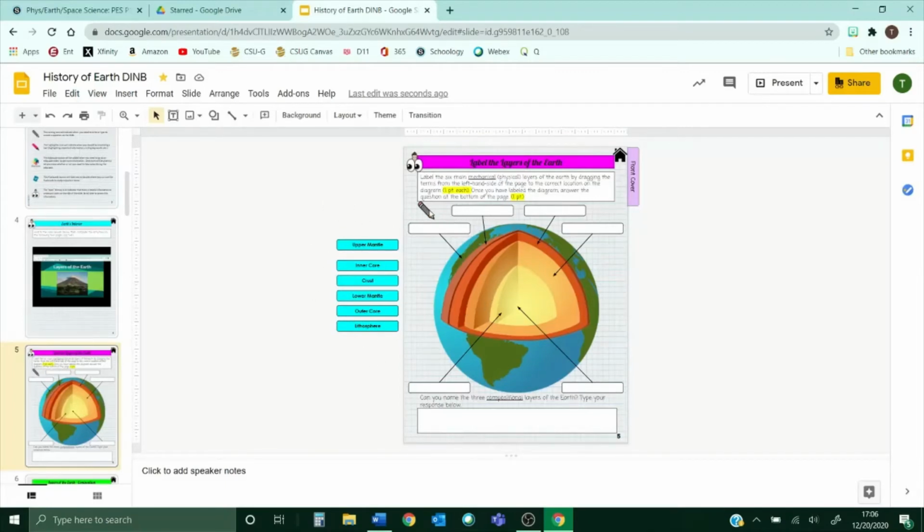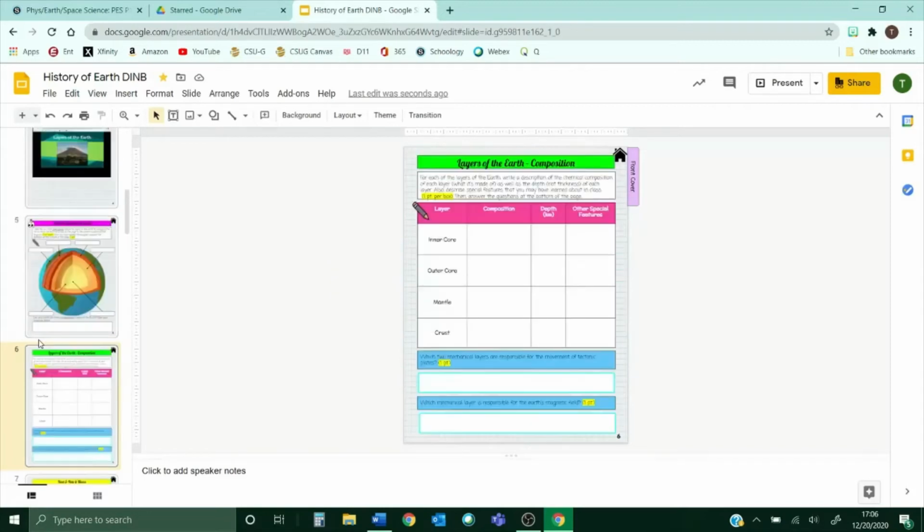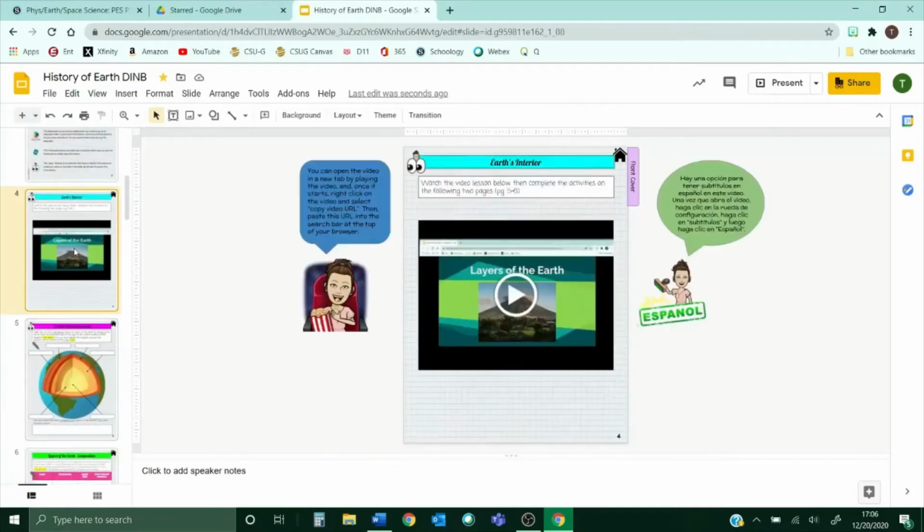And then there's the pencil icon that explains to them what they need to be doing, or that says, hey, you need to complete some work on this page. And so this is mostly like a table where you can fill in all these answers. So that is kind of one way that you can